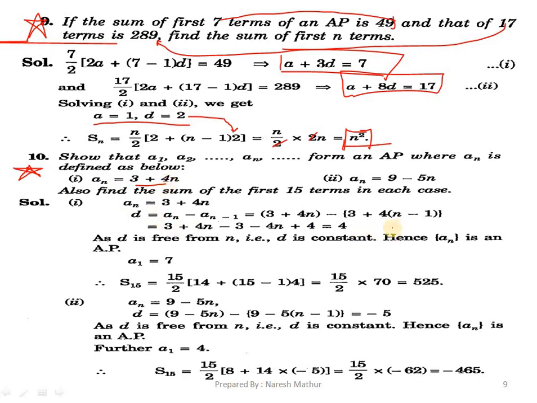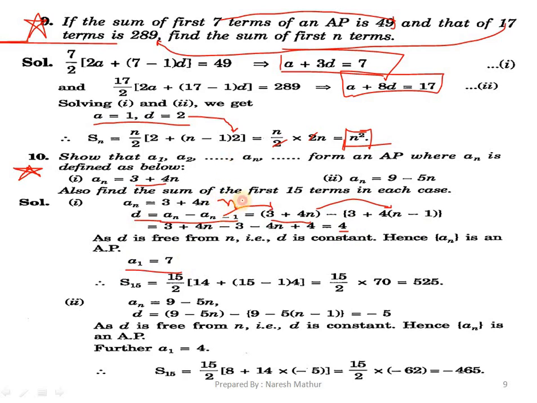So we can put the value of N equals 1. Now see, what will be the value of D? D can be written as A2 minus A1, or here we can write AN minus AN minus 1. In this solution I am showing both methods. AN is given as 3 plus 4N, and what will be the value of AN minus 1? Just replace N with N minus 1. So we can rewrite it and get the value of D, and put the value of D so that we can get the value of A. Now the simple part, we can write it in the simplest way.